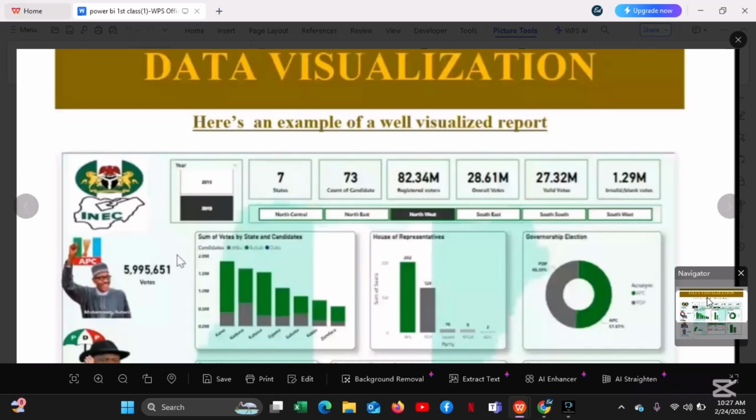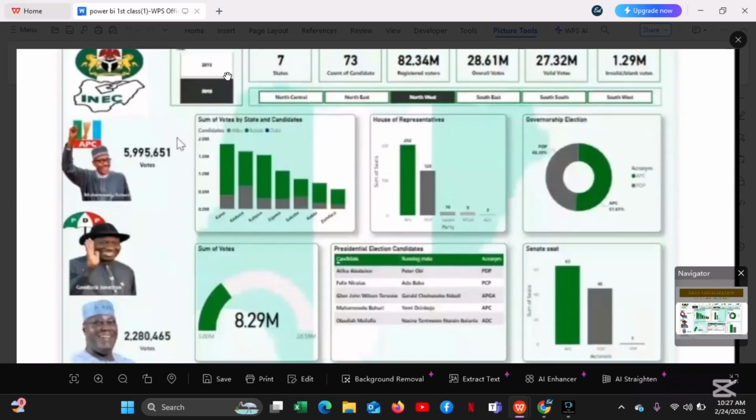So during your analysis now, if you want to know specific information for northwest, if you want to know the sum of votes by state and candidate in northwest, you click on the northwest slicer. If you want to know for southeast, you click on southeast. All the information here will turn to give you for southeast, right? So if you're not selecting any slicer, that means it's going to give you general information. That means as it is now, let's assume that no slicer is being selected. This is giving us a general overview